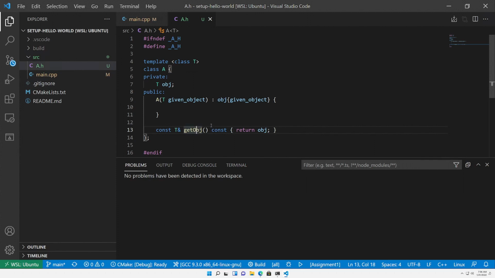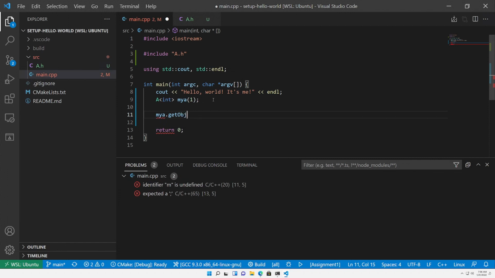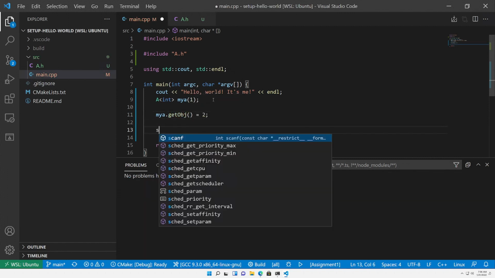Now, we could want to modify object, so let's create another get object that does not return a const reference. It just returns a reference. So this one, because we could change it, cannot be const qualified. So now we have our two different get object functions, and we can go to main, and I can say myA.getObject equals 2. And now I can print out